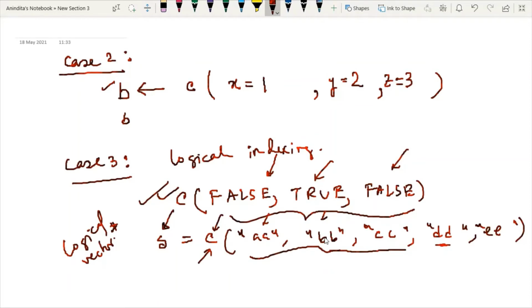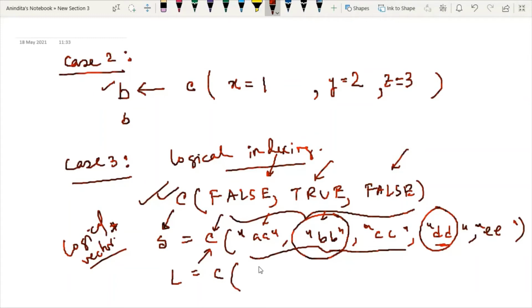Now here my intention is to access component number 2 and component number 4. To perform this kind of indexing, we will use one logical vector. How will I define the logical vector here? Say I take one variable L, and here I define the logical vector as false because I don't want to access this component.